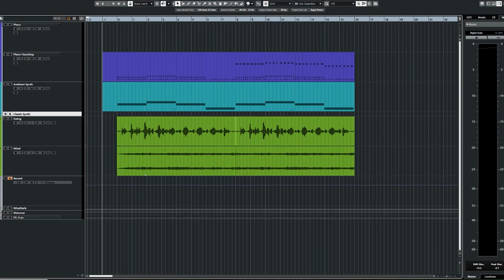I also like the idea of having this sort of more stringy, more classic sounding synth happening too, very similar to Beautiful Dead. So I'm going to do that now. But let me just try something and see what happens.